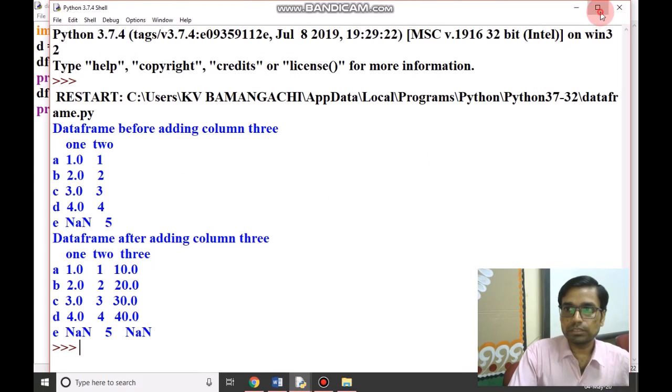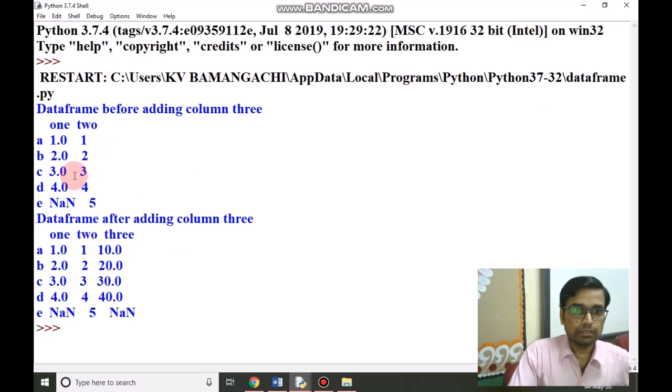You can see here before adding the column, the original data frame had column names 1, 2, and values which we have given as per the corresponding indexes.